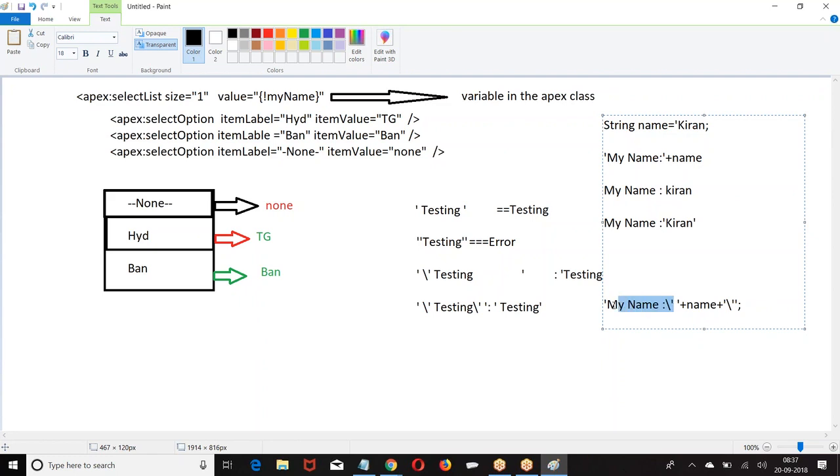What was given in the single quote start and single quote end? So when you give slash single quote, only a single quote will be printed. Plus name. What is the value of name? Plus whatever is there in the single quote will be printed. Slash single quote, which means,